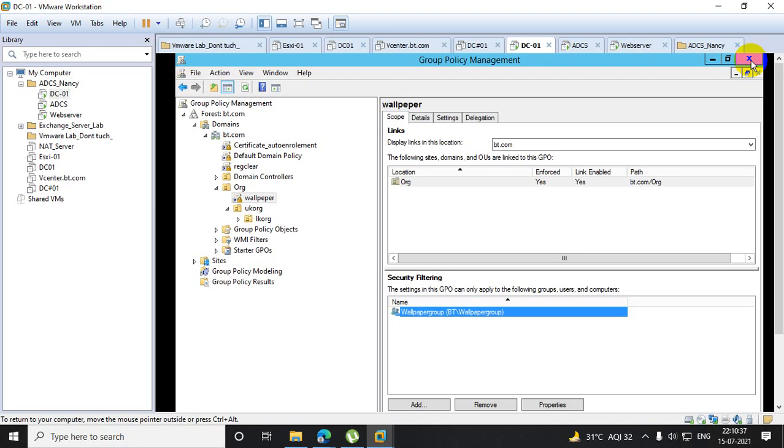How will you do it? There is an option, software restriction policy or software distribution policy, which I will show you next week. Through these options you can install or deploy the software on client machines. So any requirement that comes, you have to achieve it through GPO.